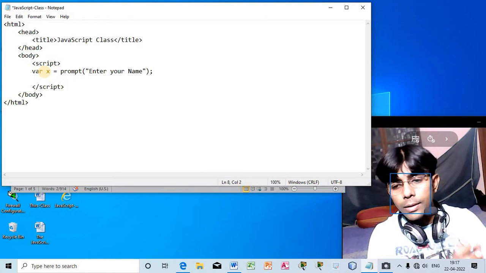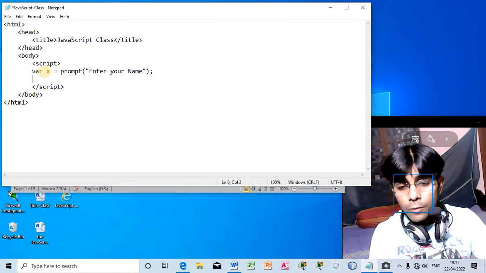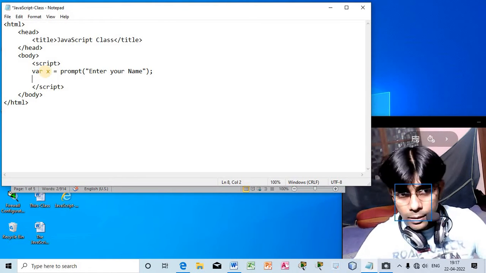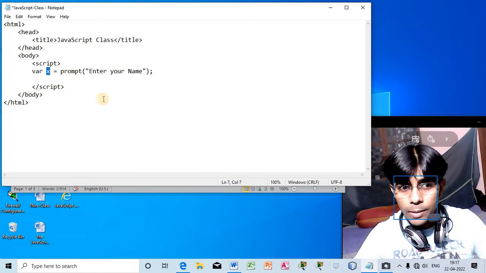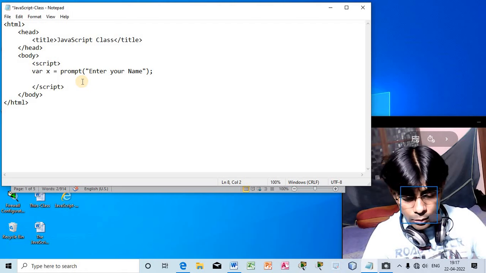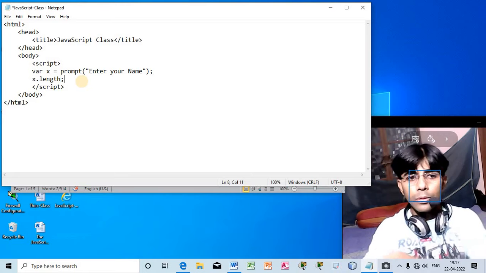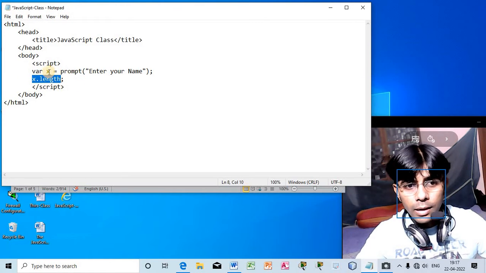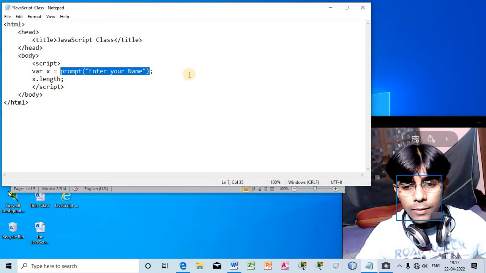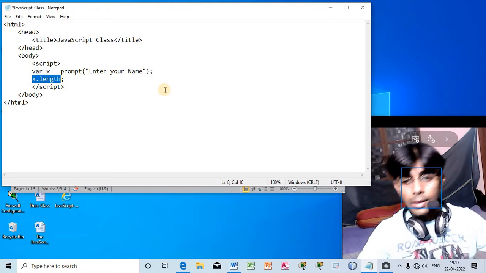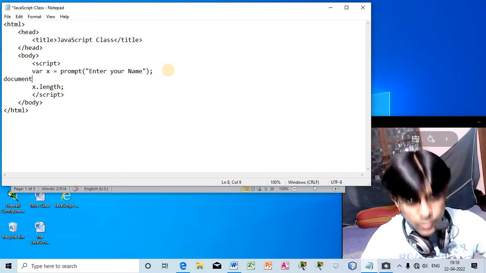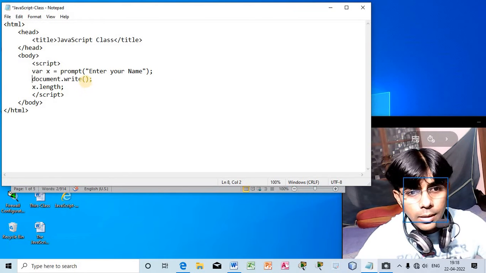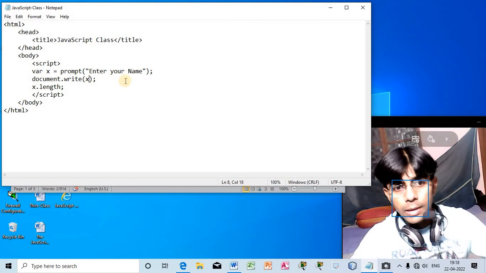Now I will calculate the length of the name of the user. To do that, x will hold the name given by the user. Here I will just use x dot length. This will calculate the length of x, that means x holds the name that will be given and then the length is calculated. Let me show you. If I write document dot write, and inside this write x, and now I execute,